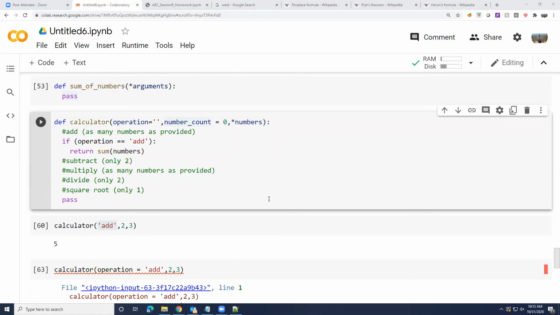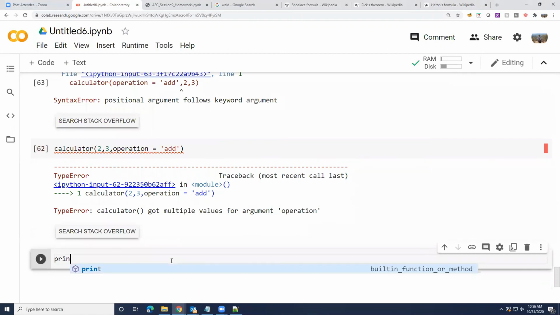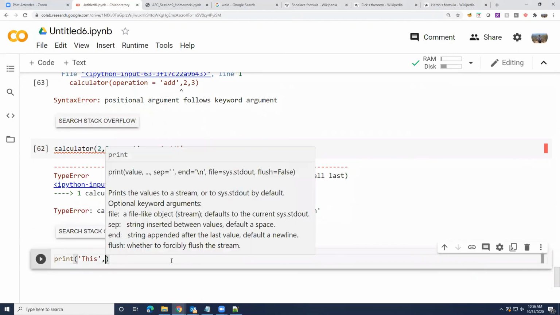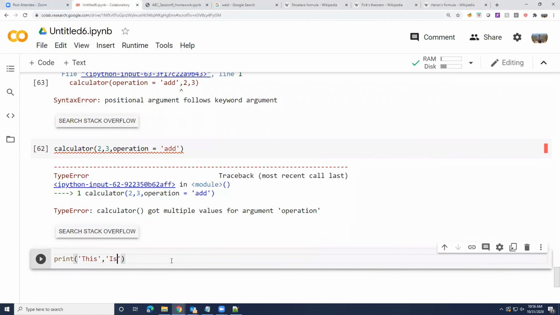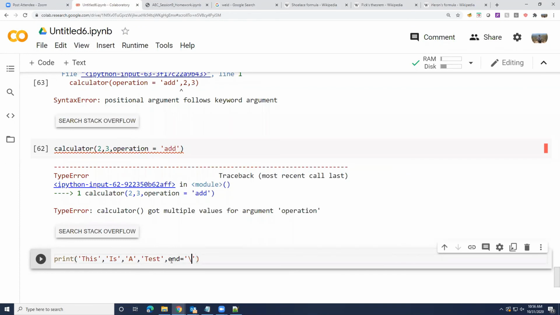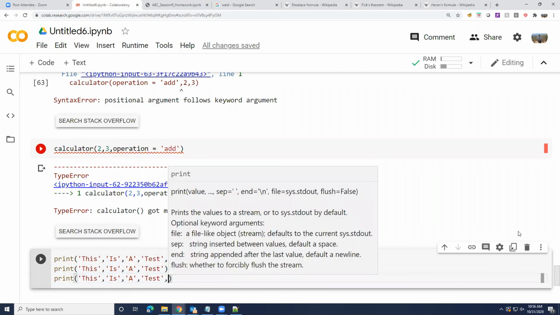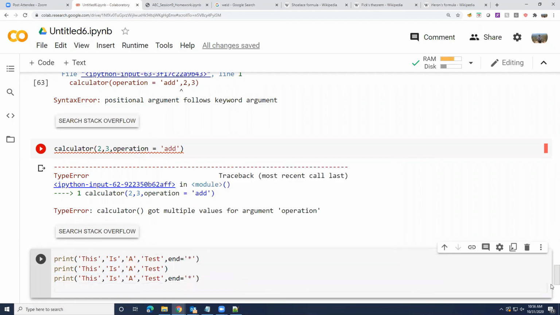Well, no, actually, wait a second. This is not done, right? Like, when is the break? In 5 minutes. Once I show that this is not done. So let me show you a print function again. Okay, so print this is a test. Same thing as we did last time. Now I would say end equal to asterisk. So what do you expect this to print? Or what do you expect to happen here?